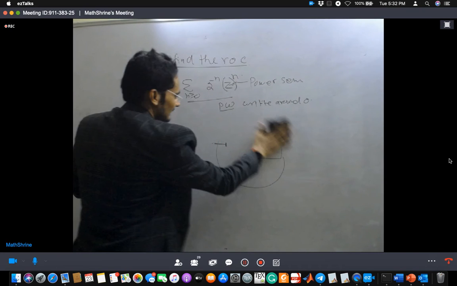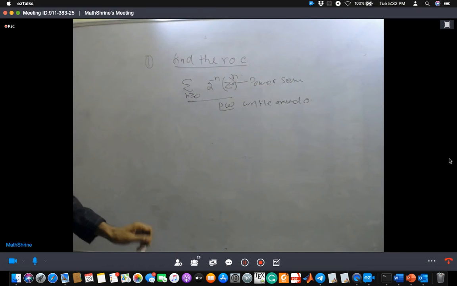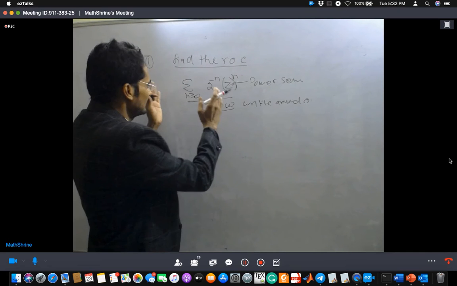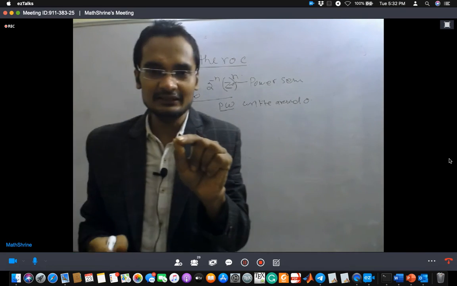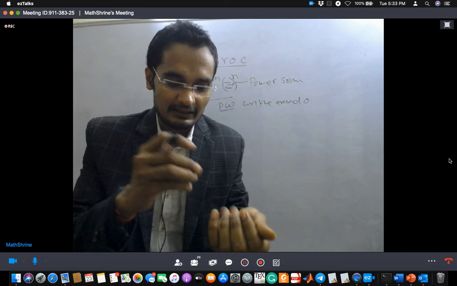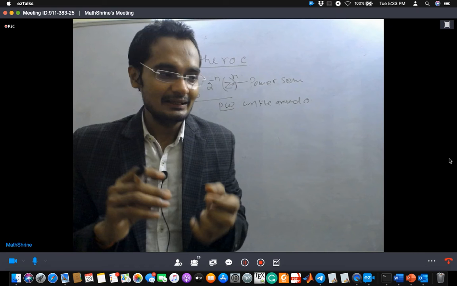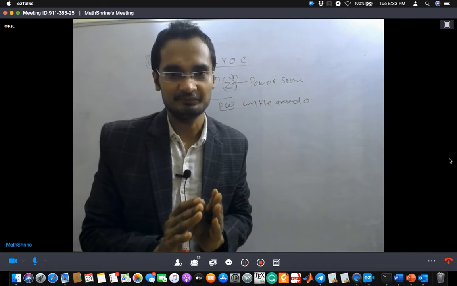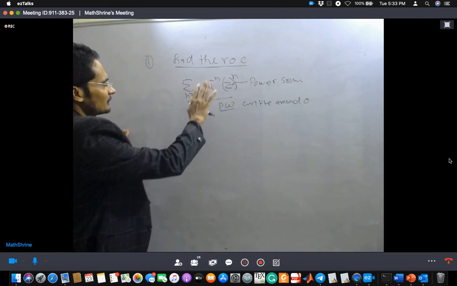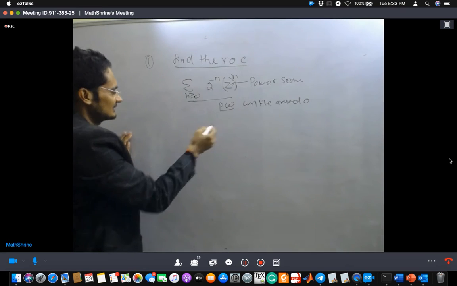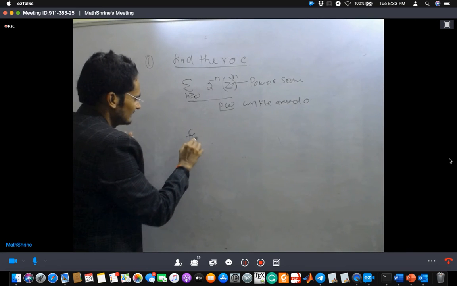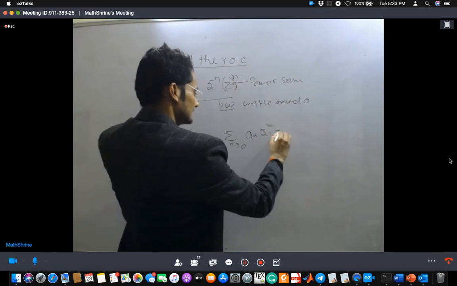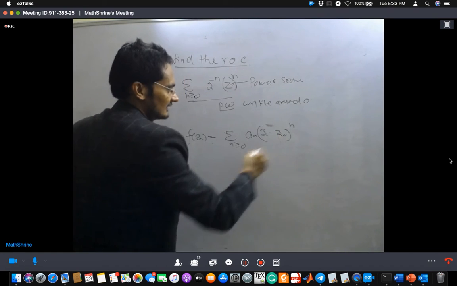In BSc first year or second year, we know the Cauchy nth root test, right? In your exam, whether you write GRE or NBHM, they will give you a function. In CSIR, many times they always give you the series form, right? So here how do we calculate the radius of convergence? Simply, whenever a function f(z) is written as the sum over n greater than or equal to 0 of a_n z to the power n, or a_n (z minus z naught) to the power n, then